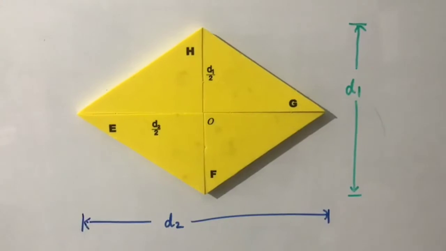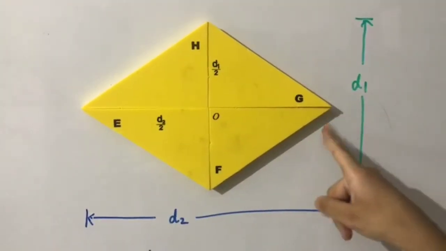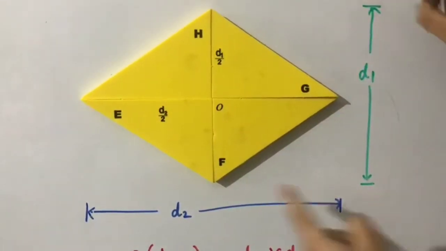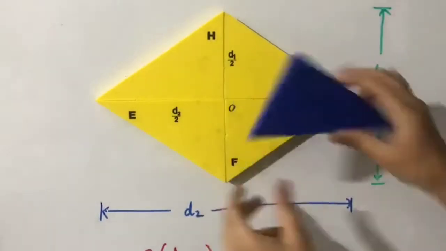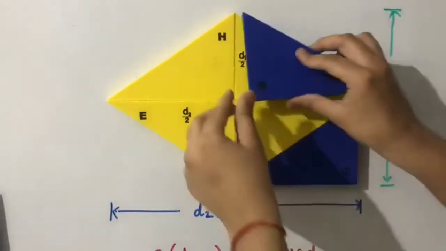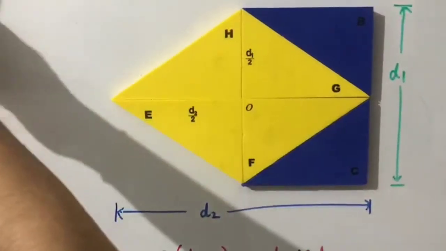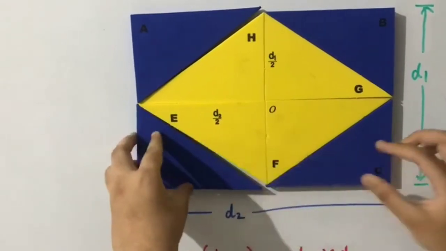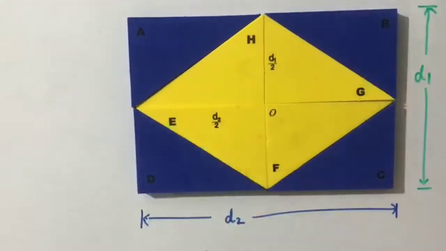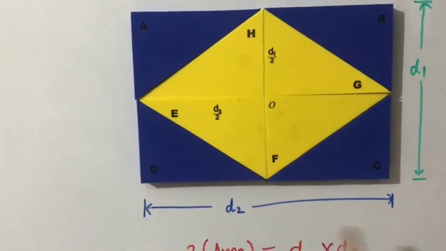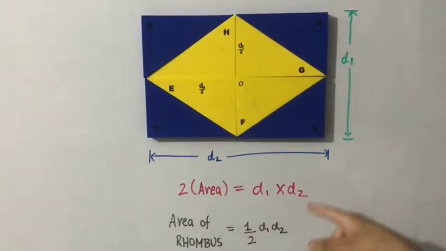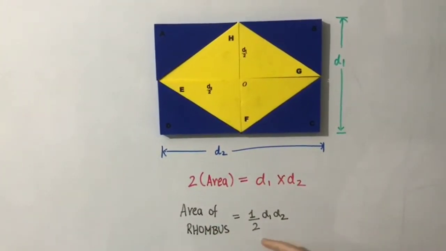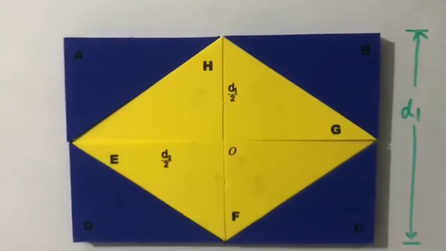This is the derivation of the area of a rhombus. Consider a rhombus. A rhombus has all its sides equal and its diagonals perpendicularly bisect each other. This is D1 and this is D2. Consider four congruent pieces. The congruent pieces overlap each other, and this one. So the area doubles. This is a rectangle. The area of a rectangle is width into length, which is D1 into D2. Twice the area of the rhombus is D1 into D2, so the area of the rhombus is half D1 D2, which is the product of the diagonals.